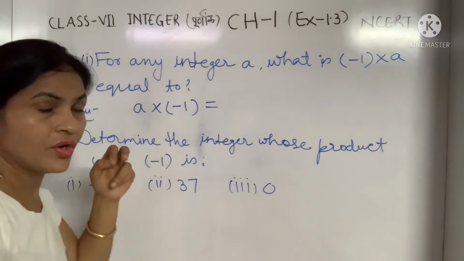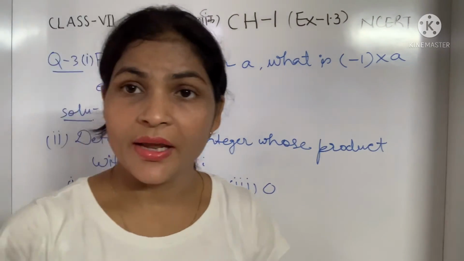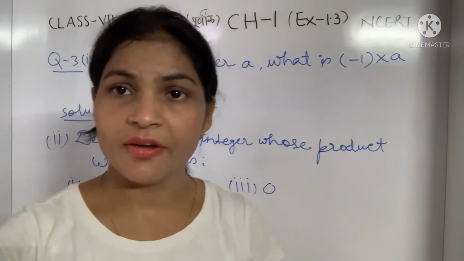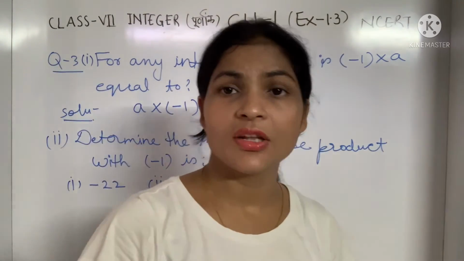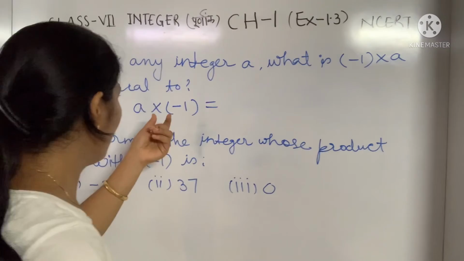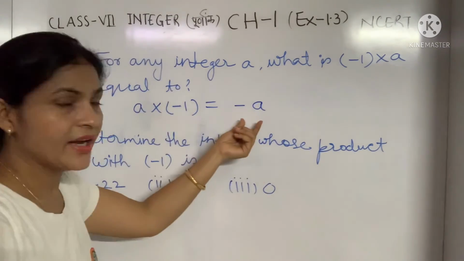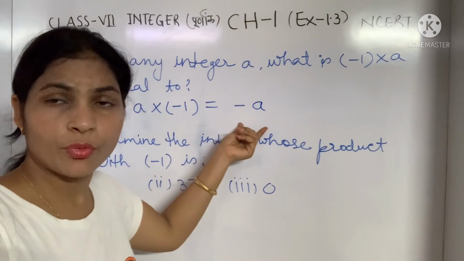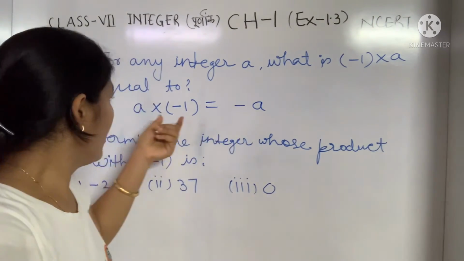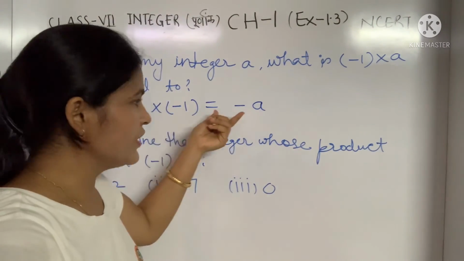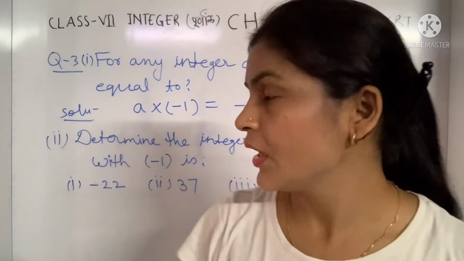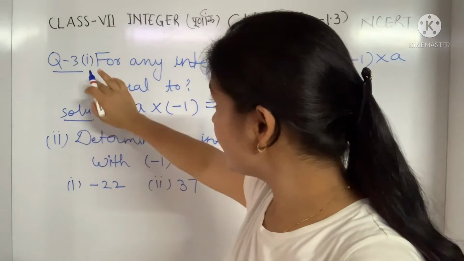What we get? We know that if we multiply minus 1 or minus sign with any positive integer, the answer we always get is negative. So minus 1 multiplied with a is always minus of a. It's simple. What product we will get? A multiplied with minus of 1 is always minus of a. In the same way, let's move to the